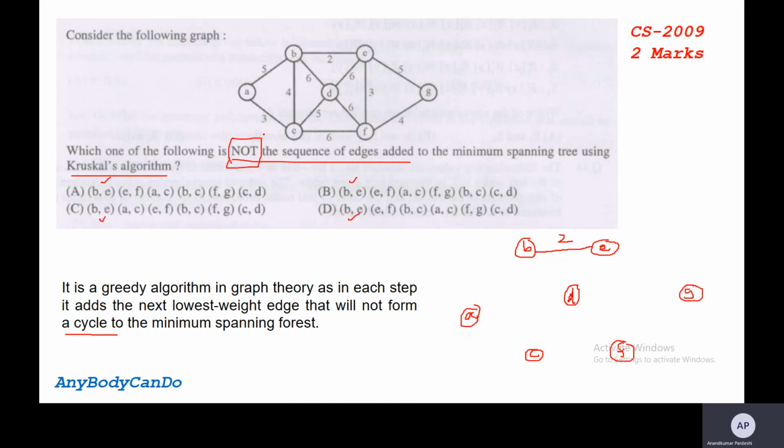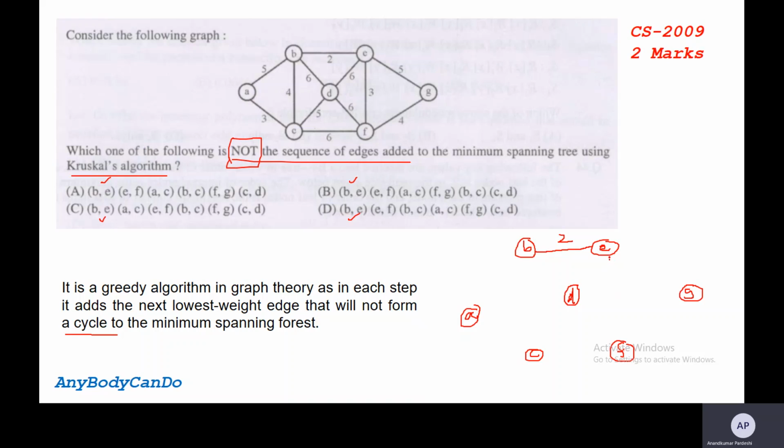The next minimum weight is 3. To have that edge in the answer, we have two edges. We can connect either A to C or A to E. First we can connect A to C, that is correct, or we can connect first A to E, that is also correct. So both the edges are correct.